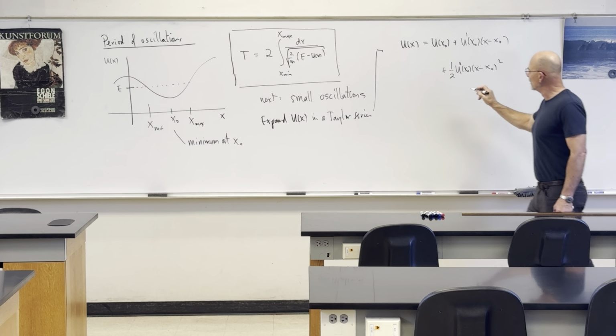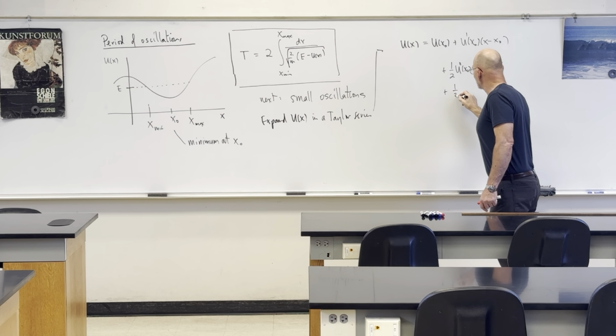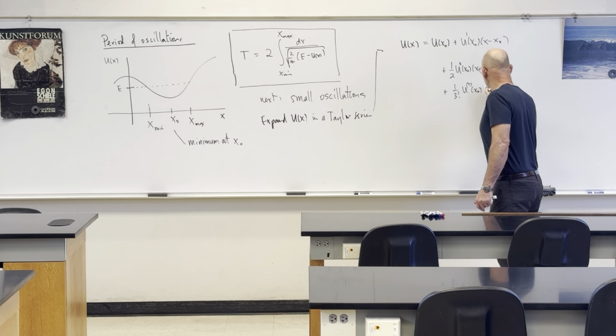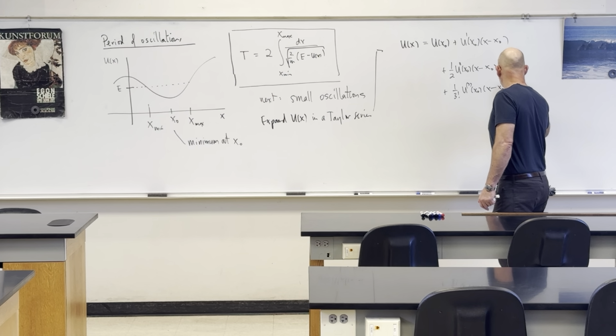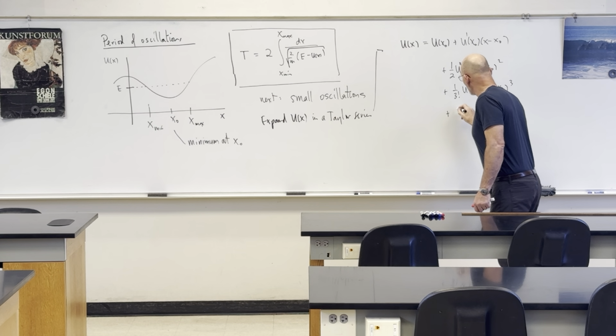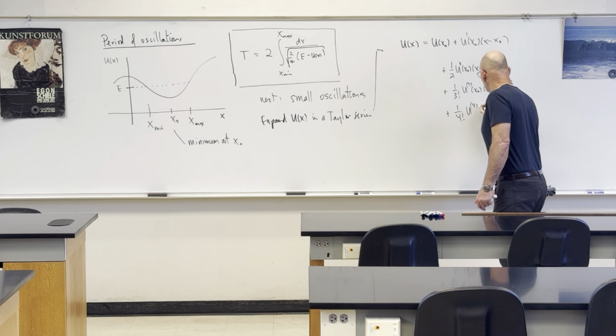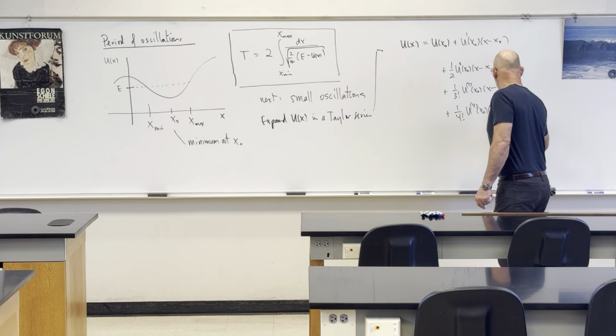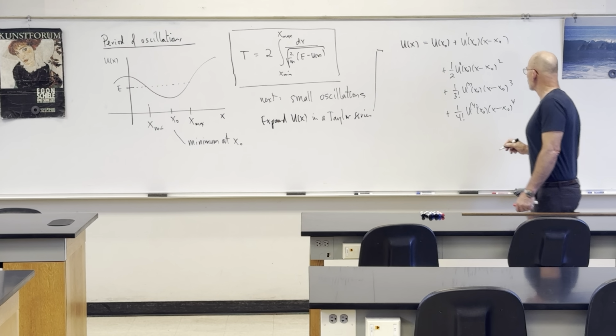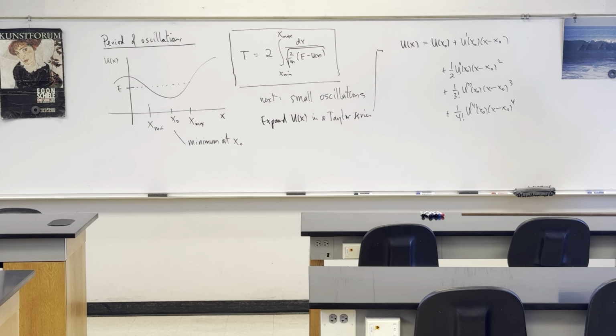We'll add a couple, plus 1 over 3 factorial third derivative cubed. I'm going to do one more, 4 factorial fourth derivative to the fourth. This is overkill, but that's okay. Good, so we've expanded to 4th order,